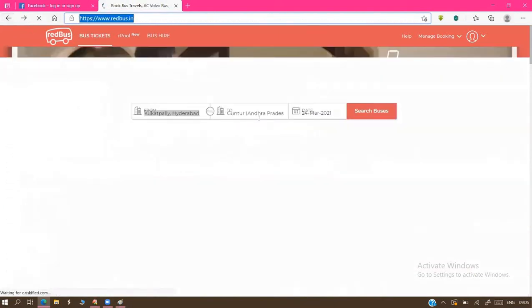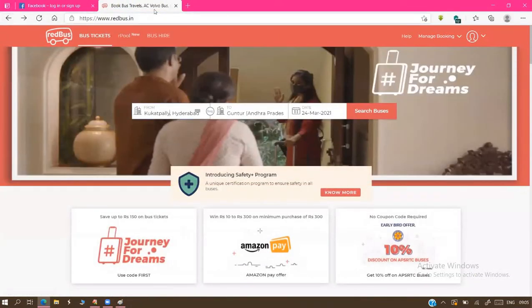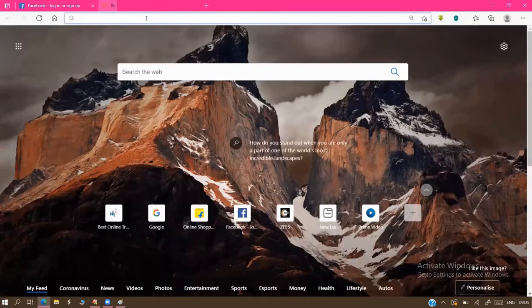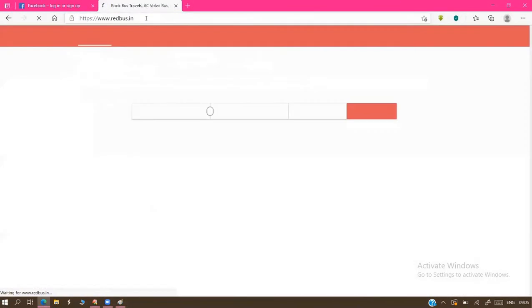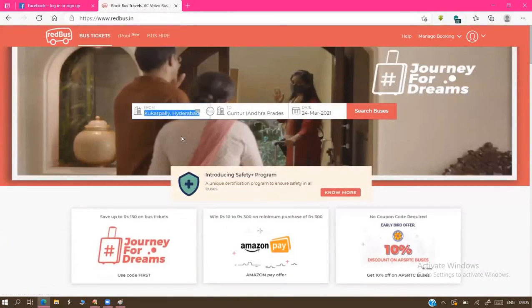In application forms, what data are you entering? See, when I open redbus, Hyderabad and Guntur come directly. I have not entered them, yet it shows Hyderabad and Guntur, because previously, when I was explaining to your old batches, the details we entered are maintained. Where, sir?